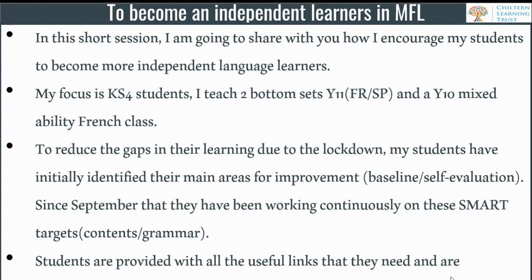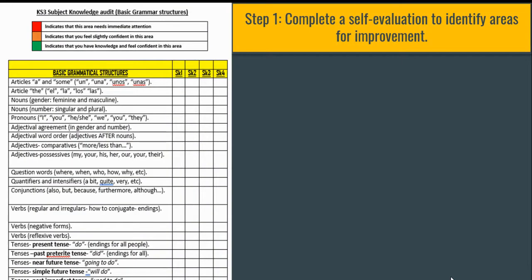I have organized this session into 6 different steps. I'm going to go through all the steps with you, and I'll show you how I managed to get them to the point where they are submitting their work. Now, step 1. In September, as I said, they completed a self-evaluation task where they identify areas